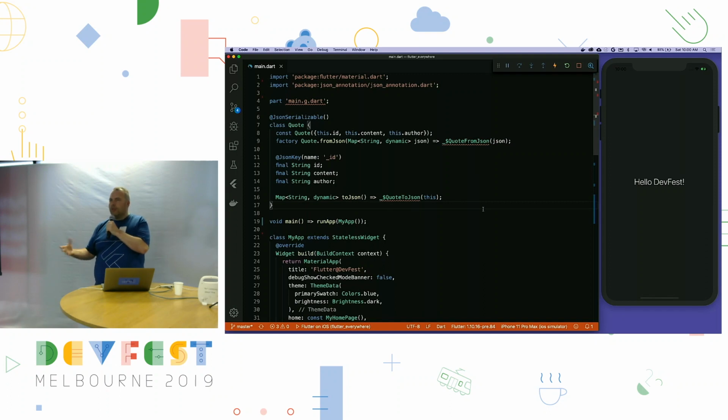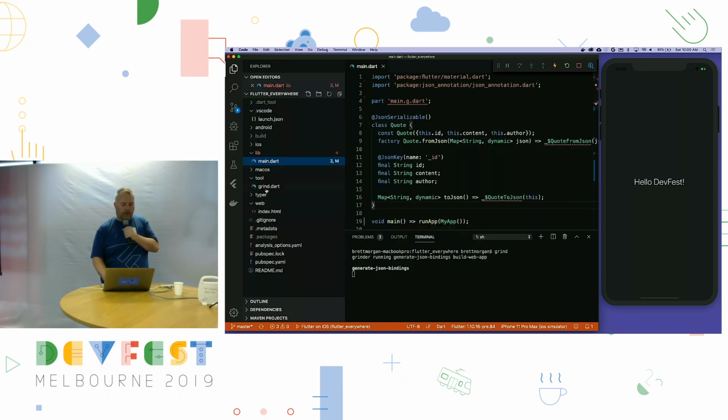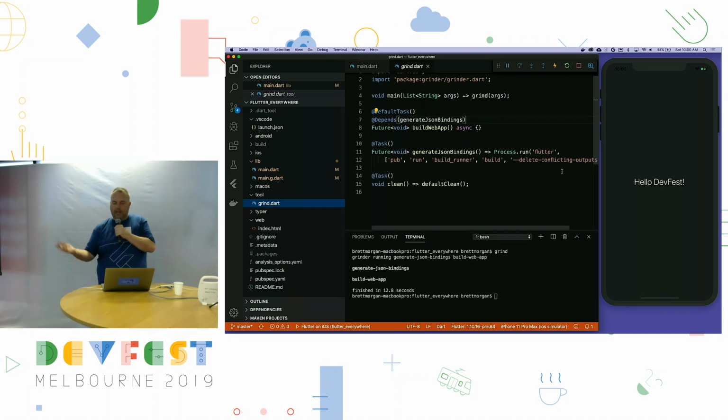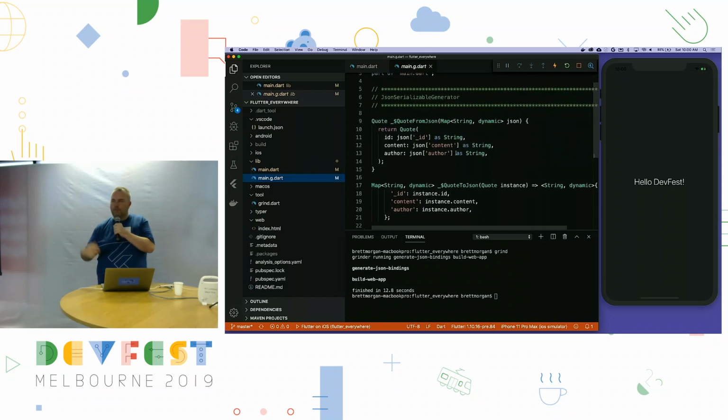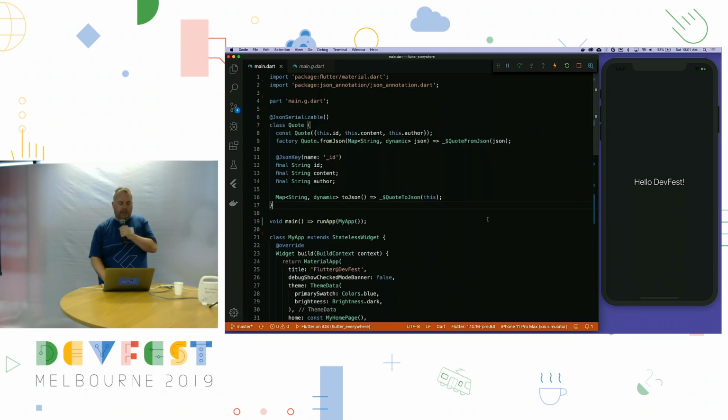Well, one of the great things about JSON is you need to map it from a string into an object, and what we do is we run a little build tool, which I've set up to run. If we go over here, I've got what's effectively a platform independent makefile, and it's running pub run build_runner build, yada yada yada. As you can see, this creates a mapping from JSON back into my object, and also out again. Cool. So now that I have the ability to understand JSON,